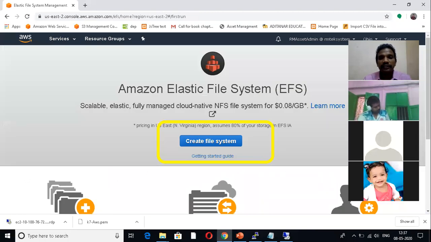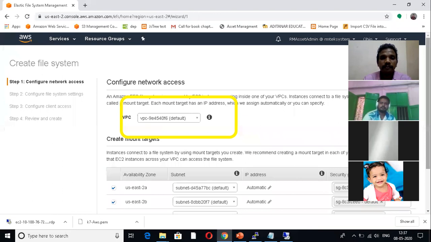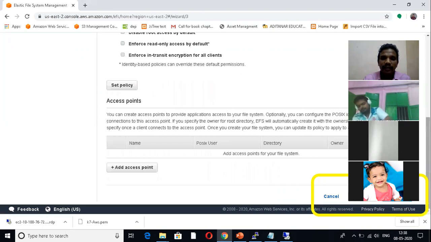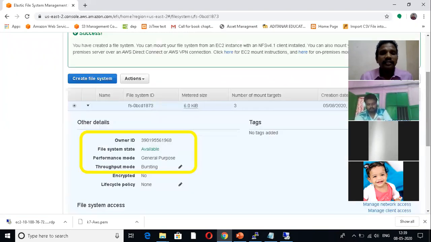Just search EFS, then create a file system. Network configuration is fine, then add a tag. Then just create the file system; none of the options is essential. Just click next and it will create a file system. A file system, in the sense, is a hard drive. For example, if you create a folder on your server that is common for all 100 systems, all 100 users use it as a shared drive and paste their files and data. It's called network access.